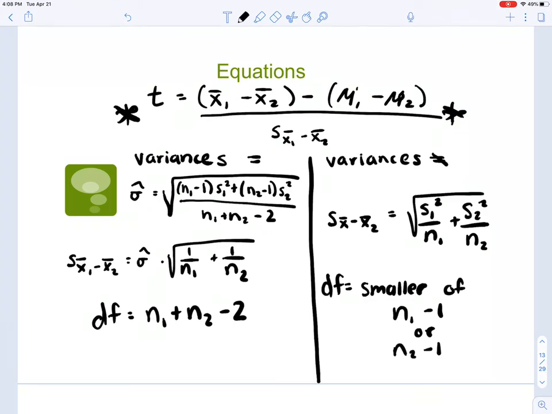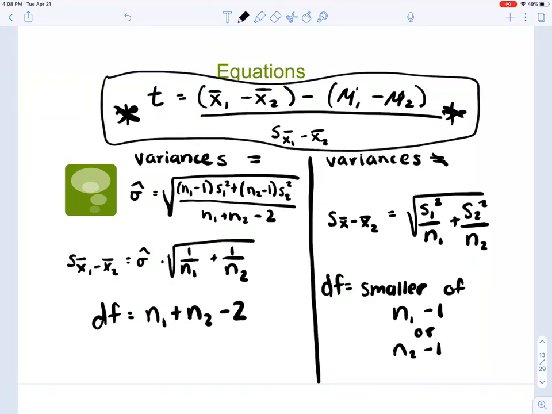So again, two situations. You're plugging both of them in to this top equation, and we're using t because our n is smaller than 30. If our variances are equal, we first find the pooled estimate, plug it into our standard error. If our variances are not equal, we can go straight to the standard error